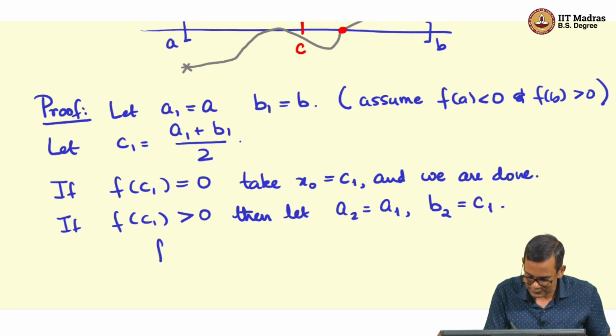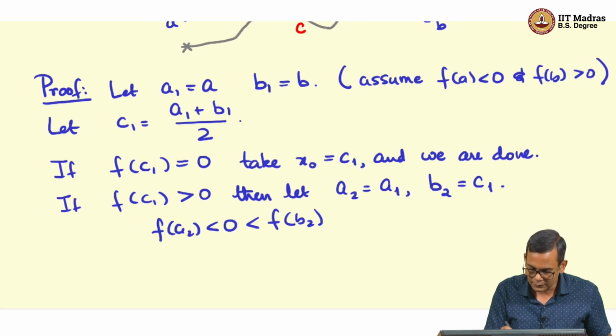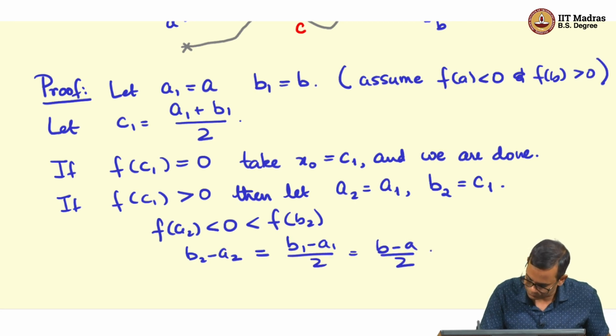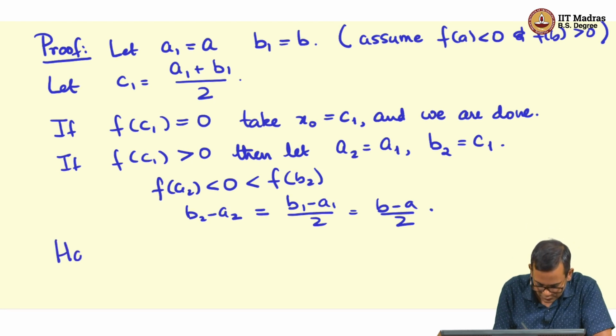What we have is f of A2 is less than 0, which is less than f of B2. And moreover, the distance B2 minus A2 is half the distance B1 minus A1, which anyway is just (B minus A) by 2. Now, we will repeat this process, having constructed